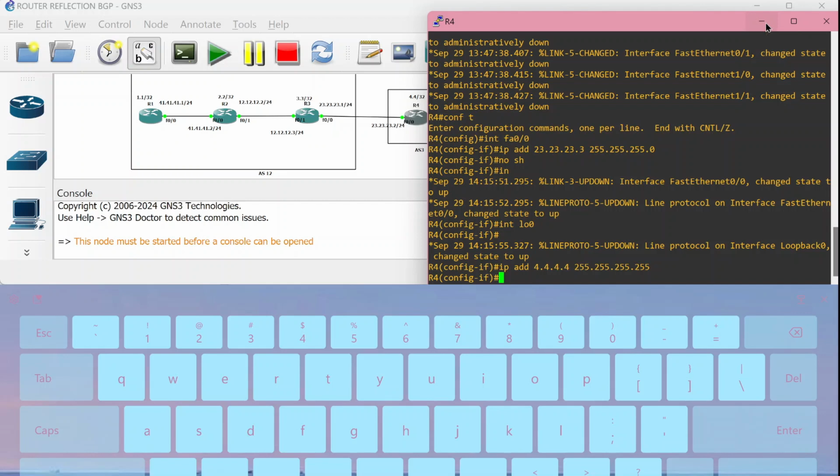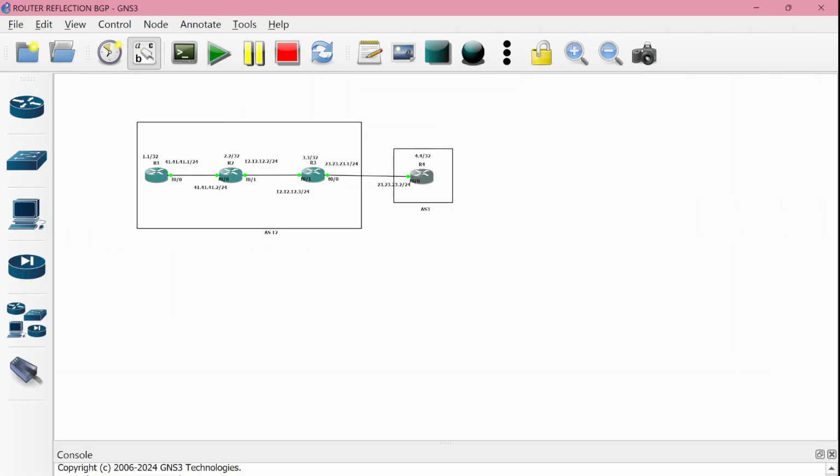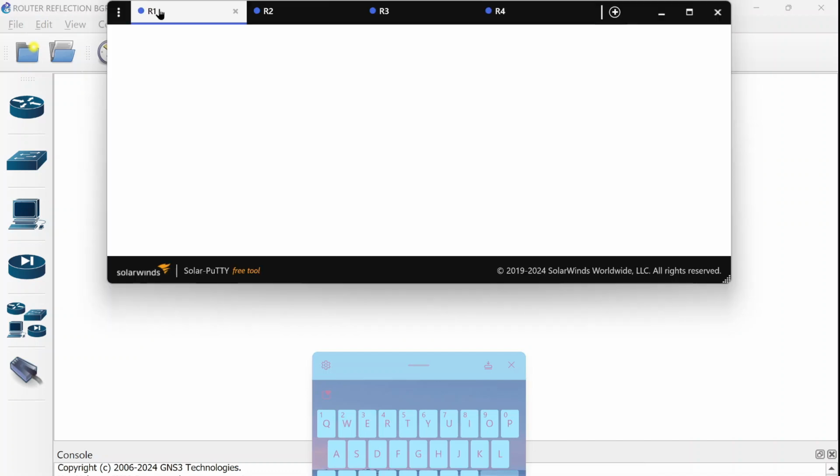Okay, we can minimize this router and go back to router number 1 and make the configuration about BGP.